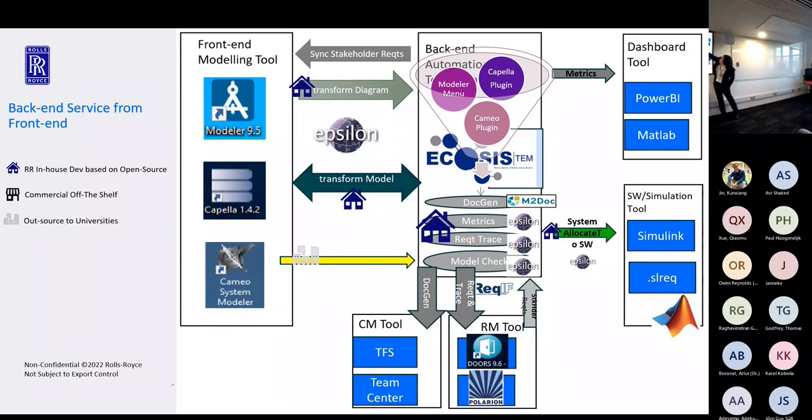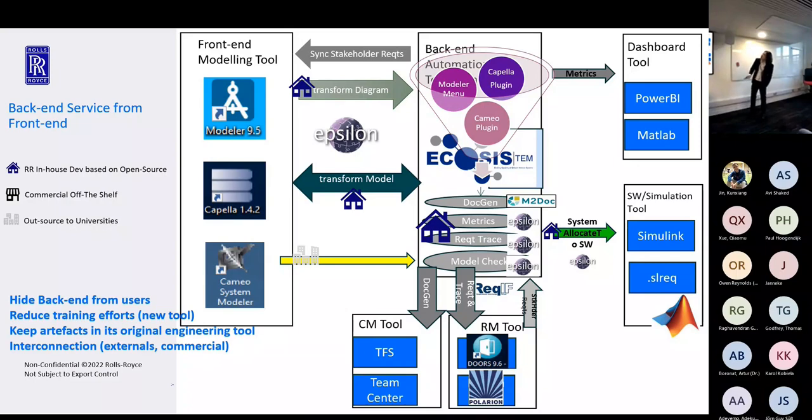So once they transform into our backend using the universal manner model, they can do just one development for document generation, they can do the traceability, they can do model checking. That model checking not only checks the syntax and semantics, and they also do some automated engineering level checking as well. And we can do the control management and also requirement management through Rackif. And also we can do the simulation through transformation. So your system design in SysML can translate into Simulink. So you can do your simulation there.